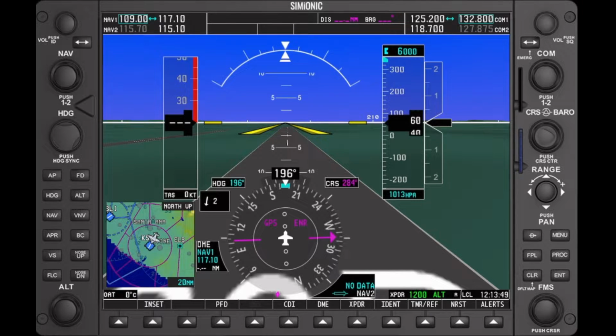Welcome everyone to this series of videos about the Garmin G1000 PFD and MFD units. I'm going to start off with the PFD, and what I'm going to try to do is really break down the videos into short segments, to explain certain functionalities or features of the G1000 to make it very easy for simmers or even real-world pilots to learn how this unit operates, and without having to read a